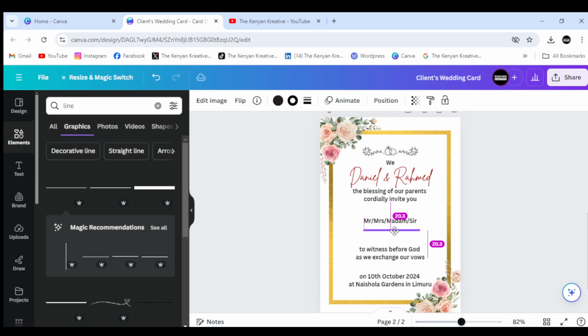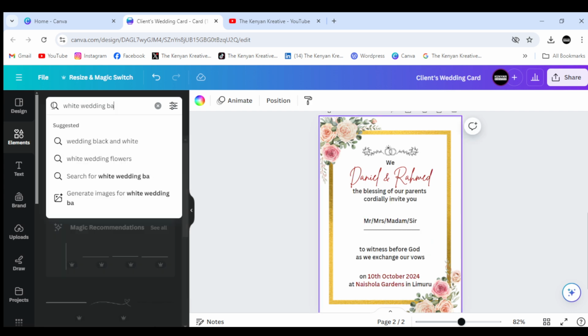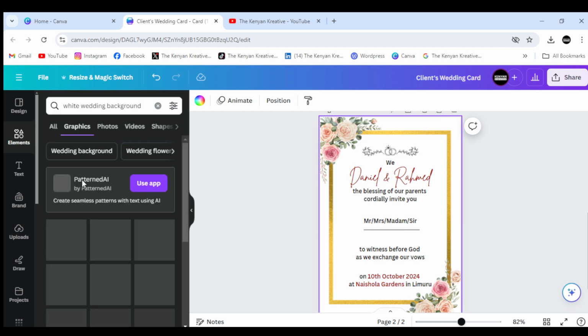Okay, so for the background, I'm feeling it's too plain, so let's search here for white wedding background, and then we are gonna drag a good background to be the background of this poster. Okay, so let's